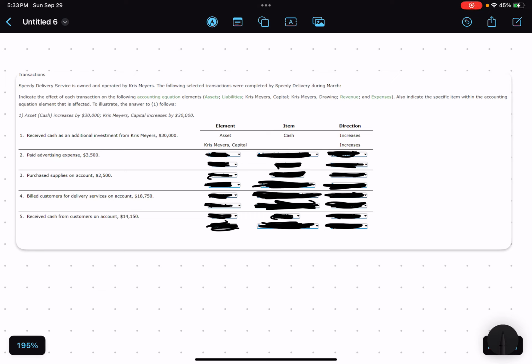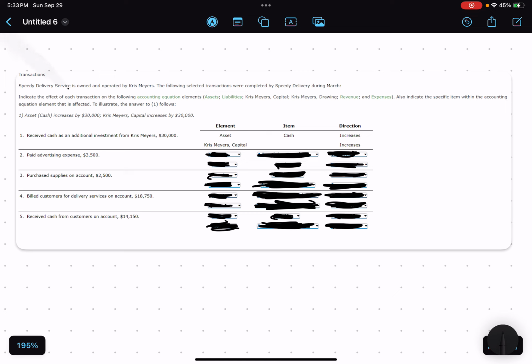So you want to know how to track transactions and assign them a certain element, item, and direction in the accounting equation, right? So you want to know whether a transaction is an asset, liability, revenue, expense, where it comes from, etc. And this is very common, the way you get tested in accounting class. So to begin, we're given